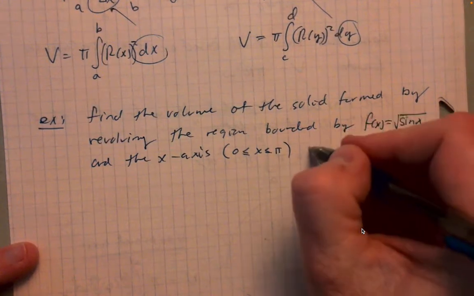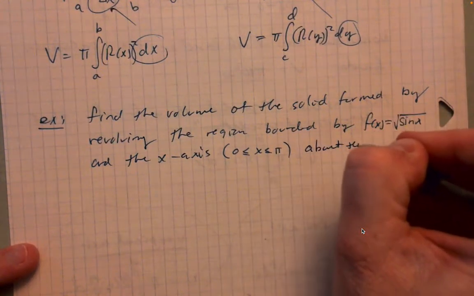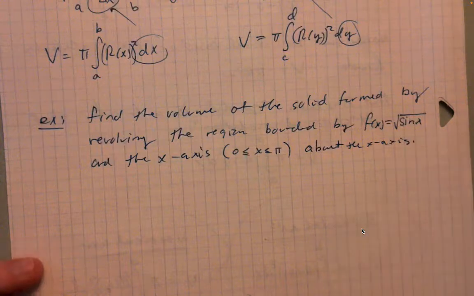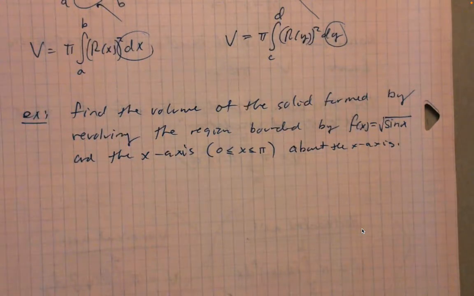Right, now we're revolving about the x-axis. Okay, so these problems are a little wordy. Find the volume of the solid formed by revolving the region bounded by square root of sine x, the x-axis,